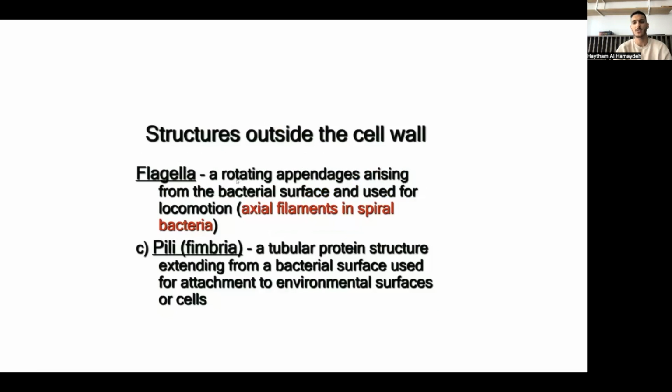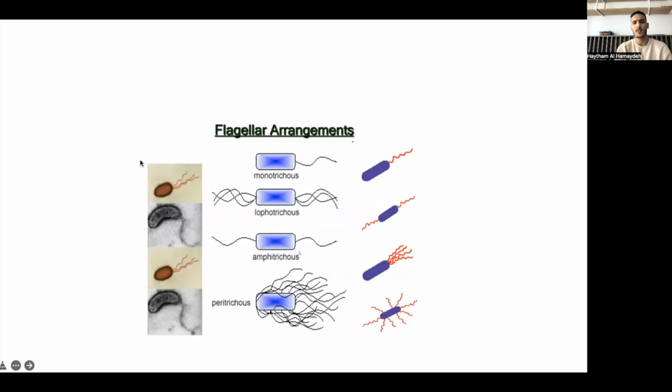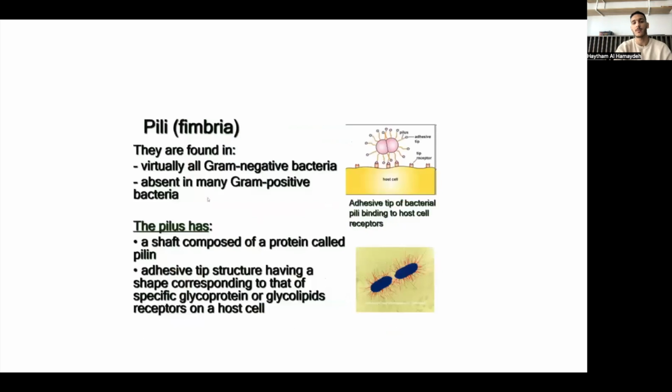Structures outside the cell wall: flagella and pili. Flagella for movement, pili for attachment. Flagellar arrangements can be of different types, and so they're named into different categories according to what is present on the external part. Pili here,